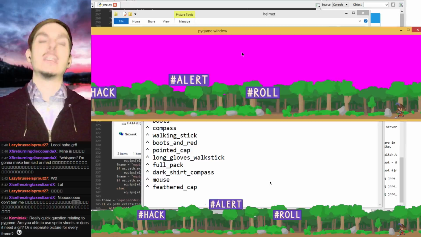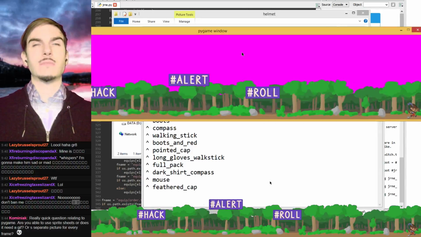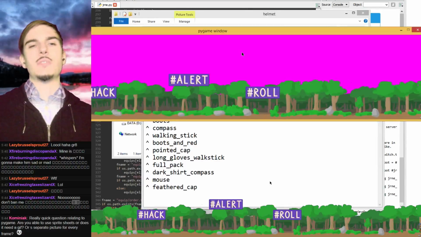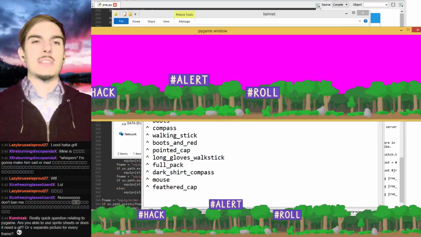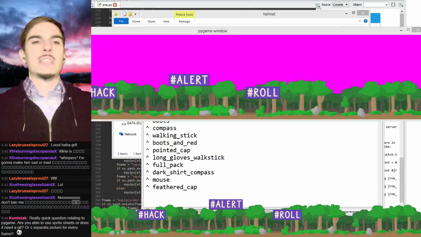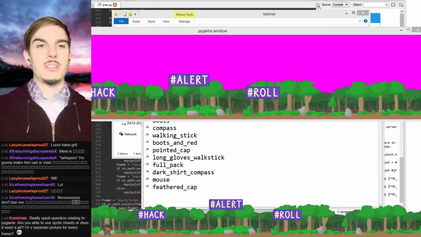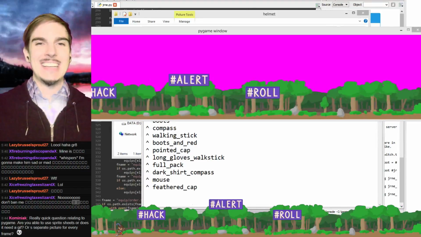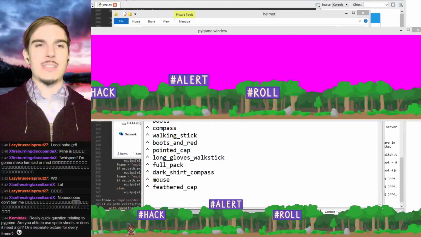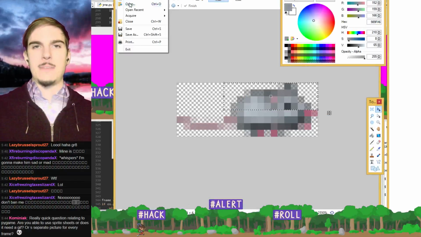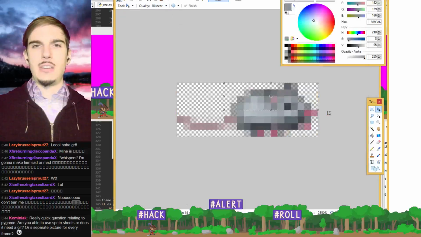Yeah, I definitely would. The way I would suggest doing it in Pygame is, let's say you were going to make something with actual legit frames of animation. The way you might want to go about setting that up for Pygame is